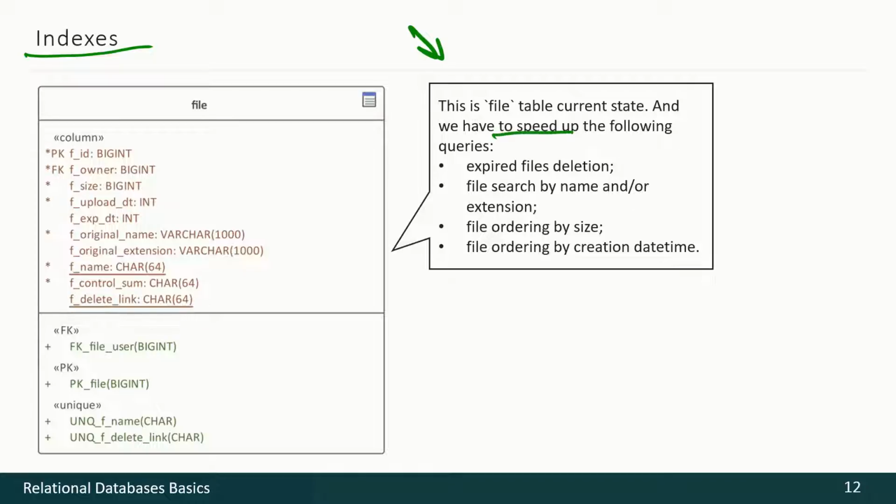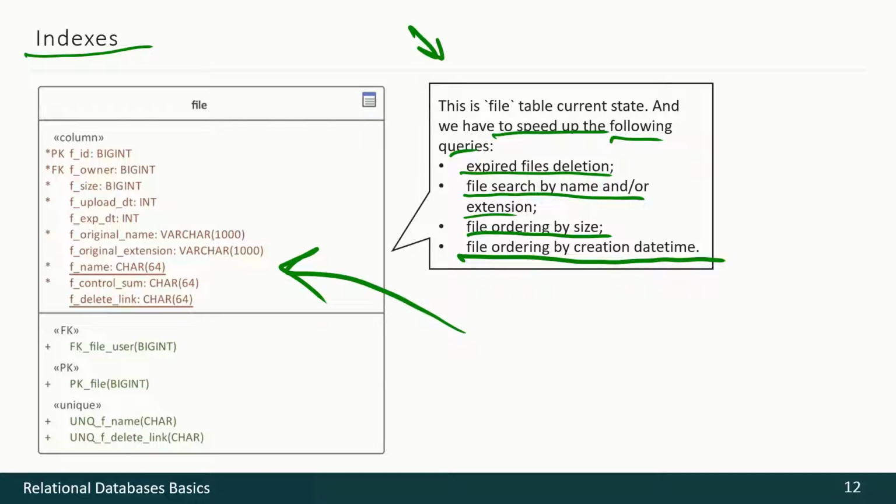Imagine that we have to speed up the following operations, the following queries: expired files deletion, file search by name and extension, file ordering by size, file ordering by creation date time. We may create such indexes using Sparx Enterprise Architect or SQL, but here is the result of some experiment.